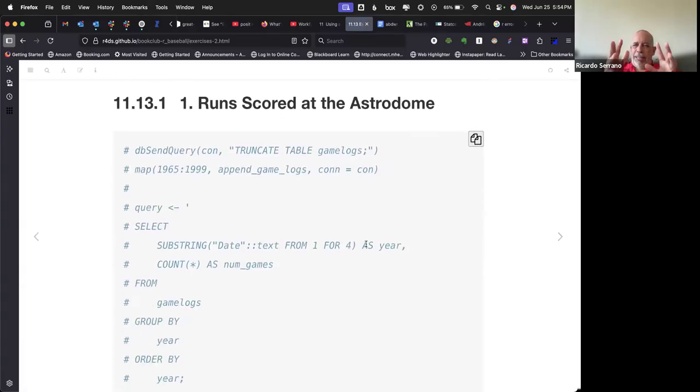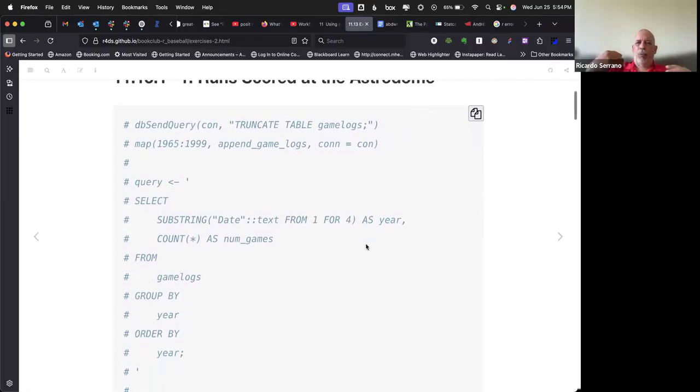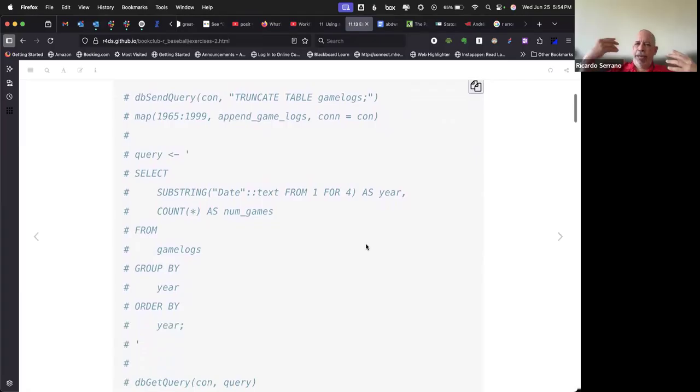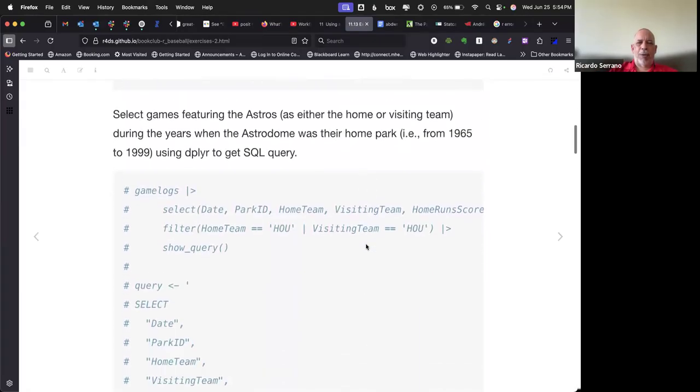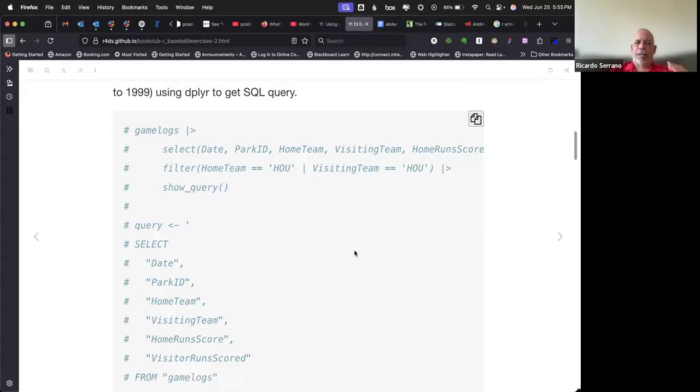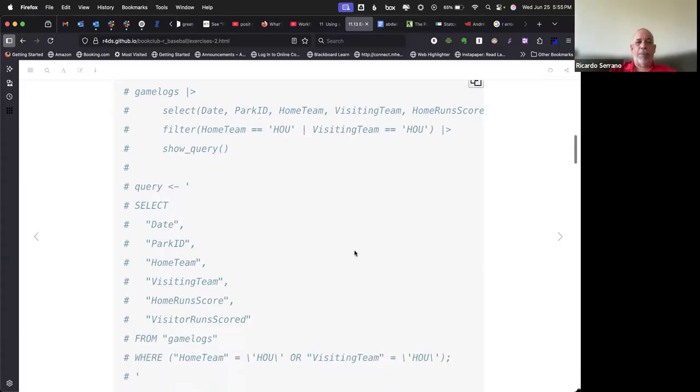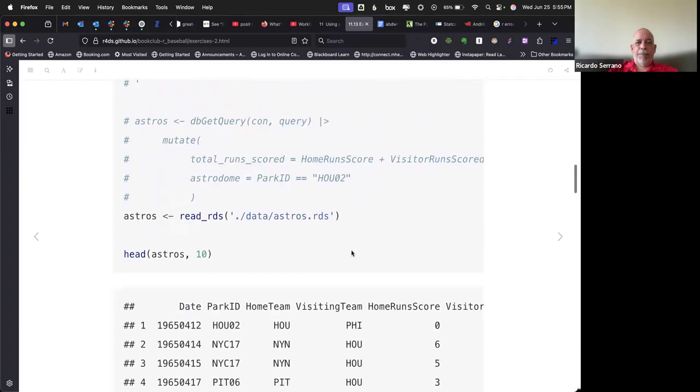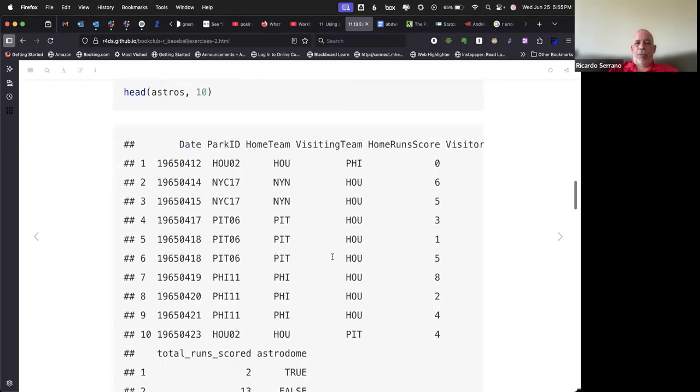we're going to apply this same technique to the Astrodome. And we do the same thing, right? We get the game logs, we get the Retrosheet data, from the 1965 to 1999 seasons. In 1999, eventually the Houston Astros would move to another park. So 1999 was the last season that they played at the Astrodome. Okay. So now we do